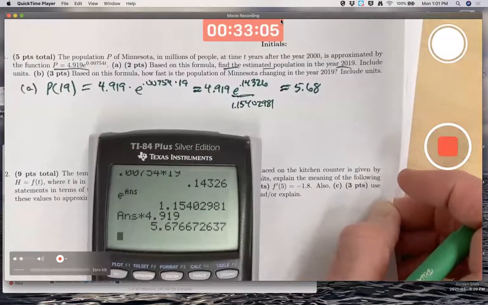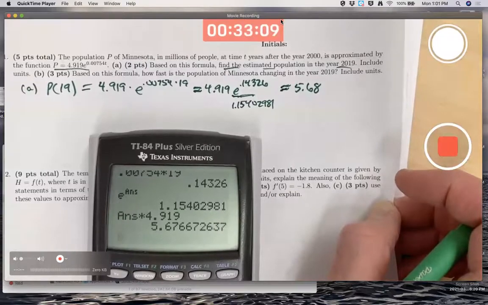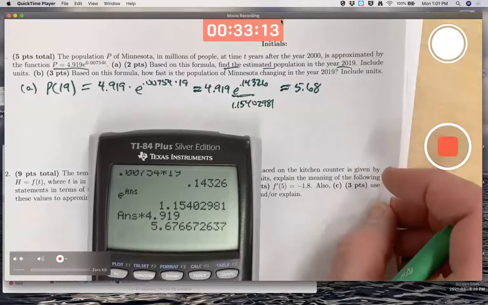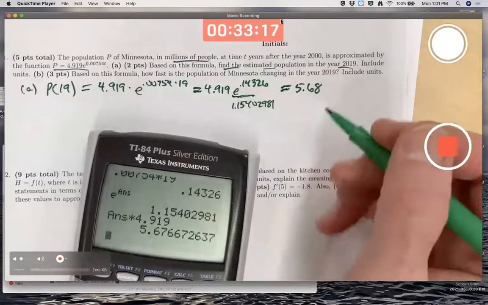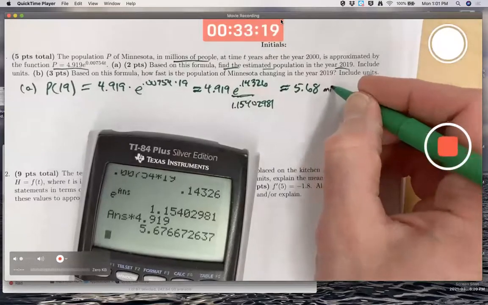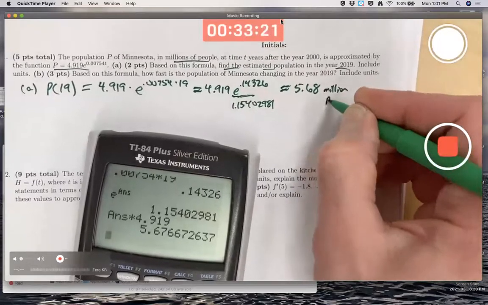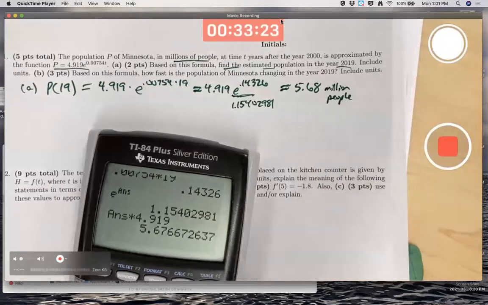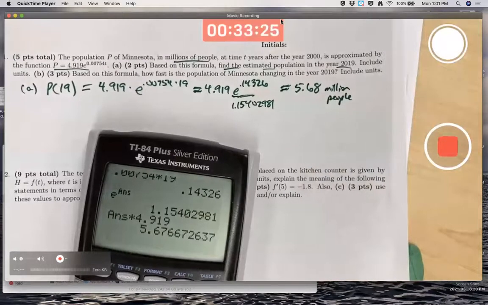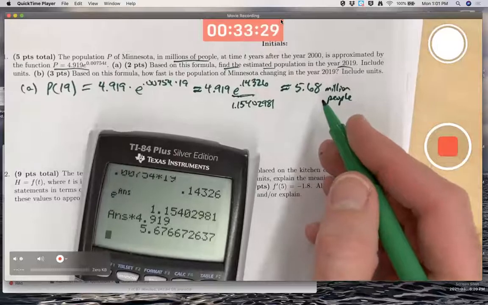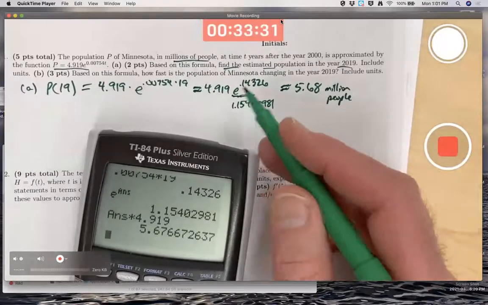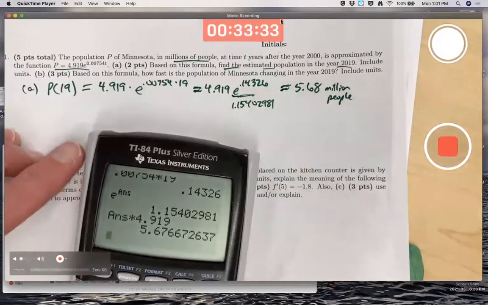5.68. What are the units? Is this people? 5.68 people? No, that wouldn't make any sense. Millions of people. 5.68 million people. Again, I believe I took the data from 2019 for this, so now here in 2021, it should be a bit bigger than this. You might wonder if this formula would still work in 2021, so I'd raise e to the